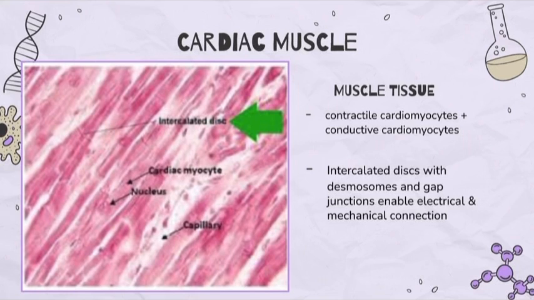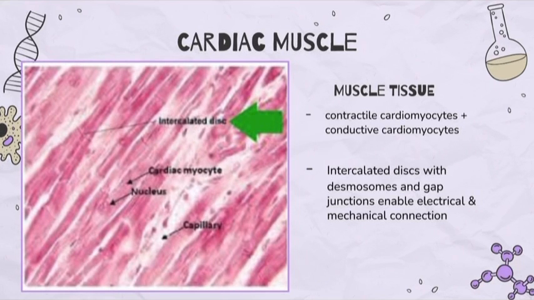Okay, now we're moving into section 2, and we're going to talk about the muscle tissue. The heart's ability to beat on its own is due to cardiac muscle tissue, which is made from two types of cells: contractile cardiomyocytes that shorten to produce force, and conductive cardiomyocytes, also known as pacemaker cells, that generate and